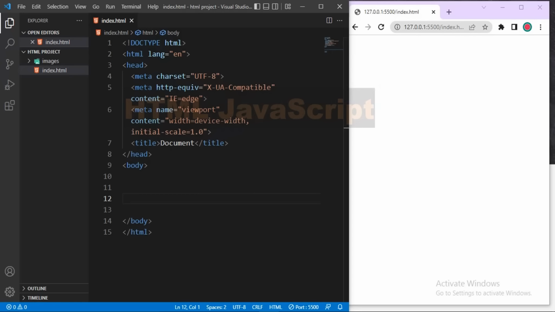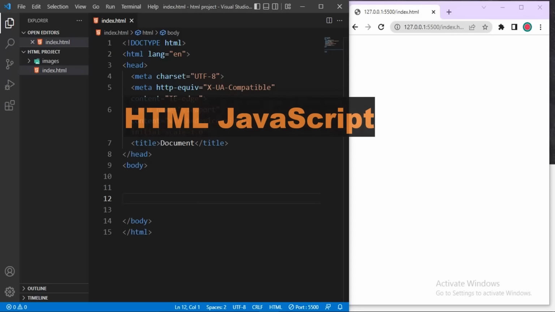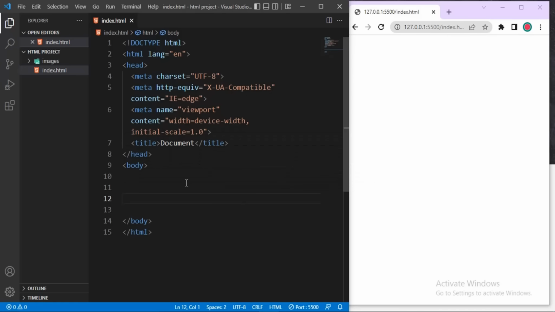HTML. JavaScript. Okay, so for us to add